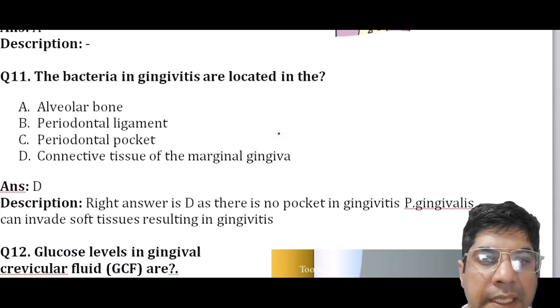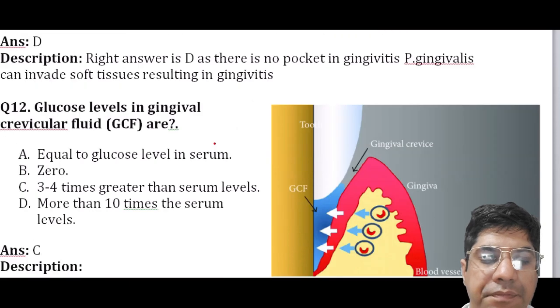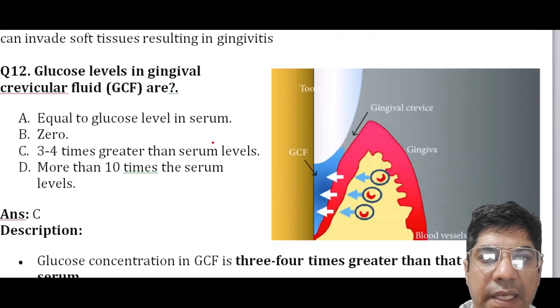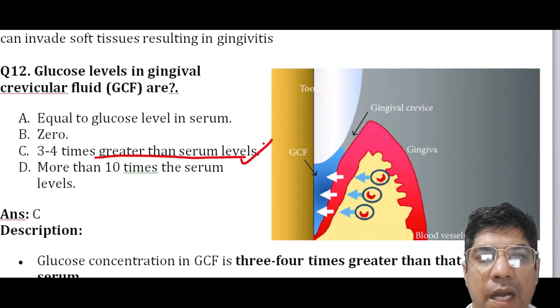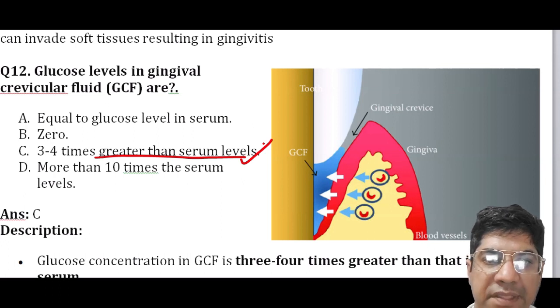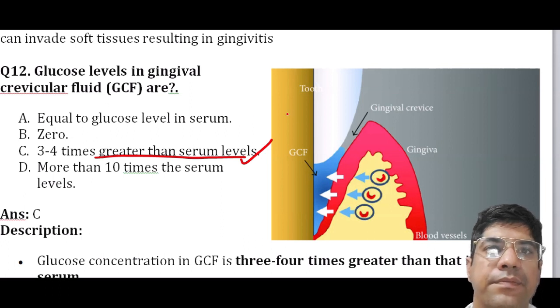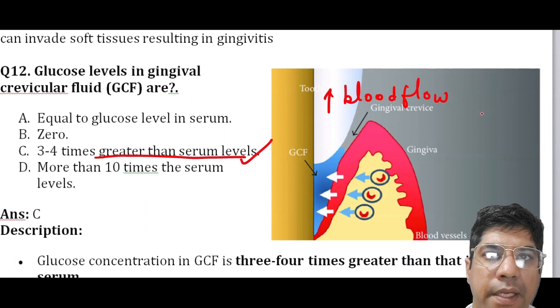So option D is the answer here. The glucose level in the gingival crevicular fluid is 3 to 4 times greater than the serum level. So the health of the oral cavity, including presence of plaque, can influence the glucose level in the GCF. When there is inflammation in gums, such as gingivitis or periodontitis, there can be increased blood flow to the affected area, leading to the higher